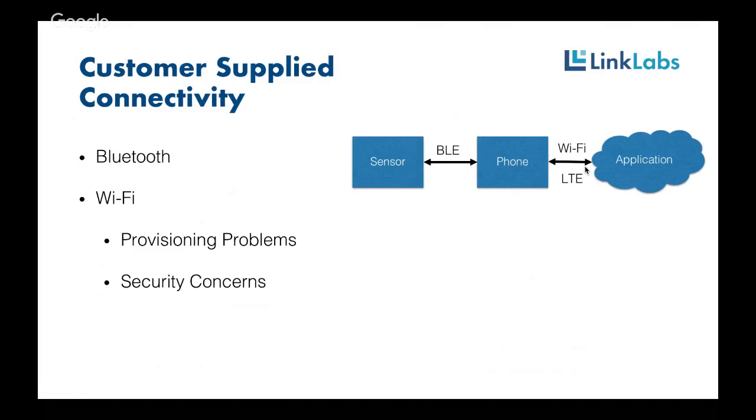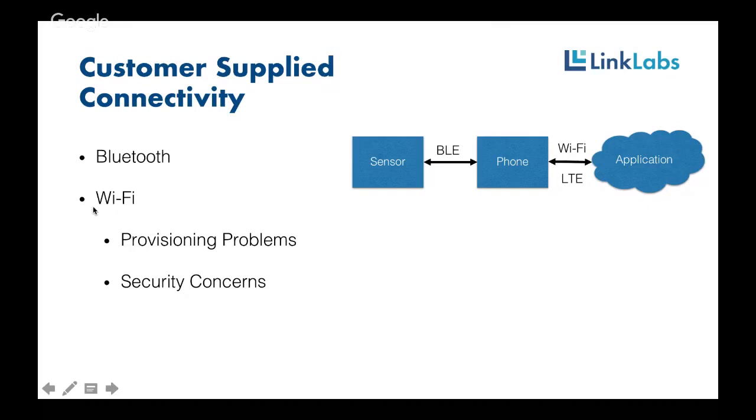I think this is a fine architecture for consumer-only products, but I've experienced time after time enterprise or industrial customers saying, we just can't rely on the phone of our employees to be the data path, because a lot of it is bring your own device, and they're just not comfortable requiring their employees to ferry the data from their operational sensors. And then there's just all sorts of risks that introduces. So generally, Bluetooth to phone, I would say, is limited to consumer products.